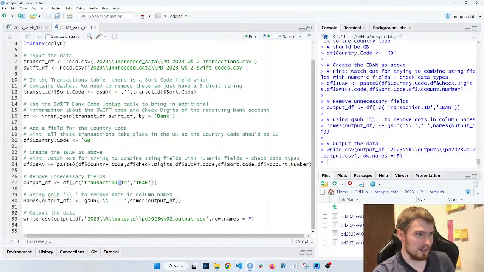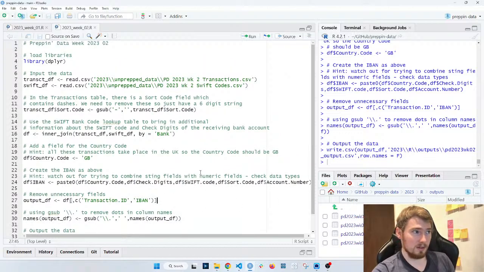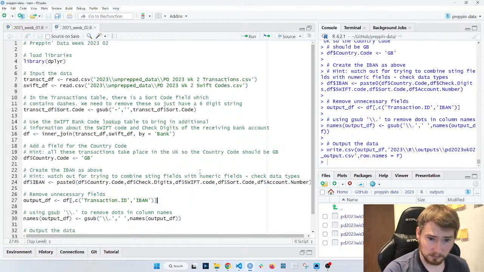Recall that R likes to fill in blanks with dots in column names. So I was using gsub just to remove that dot and replace it back with a space in our names for output, just so it matches the output we had. I then wrote that data to a CSV file, again remembering row names equals false, so I don't have that row number coming back with my data. And that was that for R. Not too bad at all.